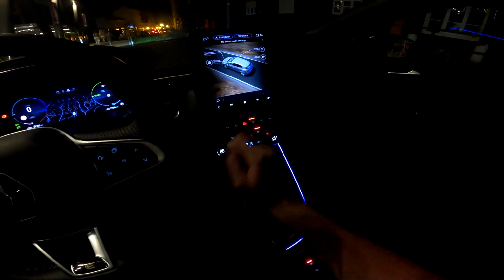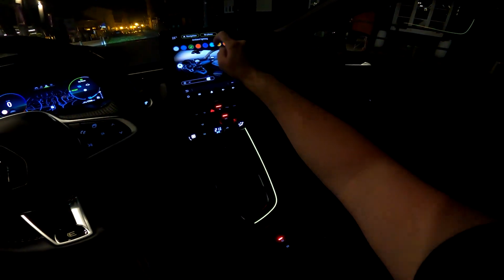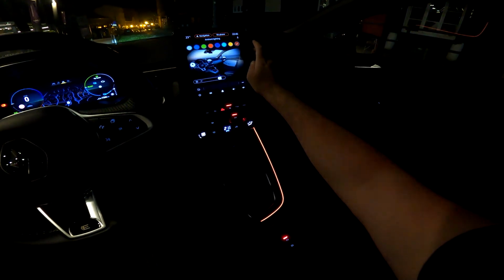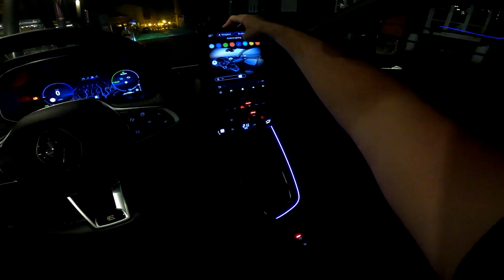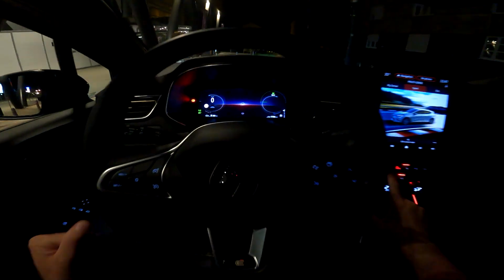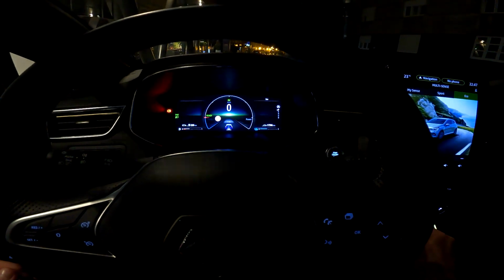So edit current mode, lighting, and now here, for example, the green one, red, purple, light blue, the yellow one, then orange. There's also the white one, quite cool actually, but let's put the purple one. So yeah, and then when you change the driving mode, let me just show you this. From close, how it changes the digital cockpit. And then eco